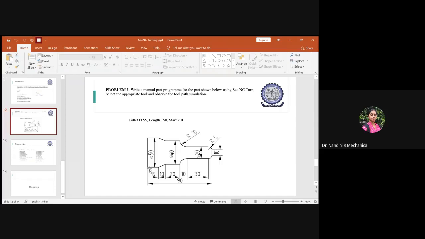X56, this is 50 plus the allowance above. Because Z you have given 1, it is not exactly at 0; it will be 1 mm towards your right. So the tool will be here. From the home position, the tool will traverse here due to the rapid traverse.